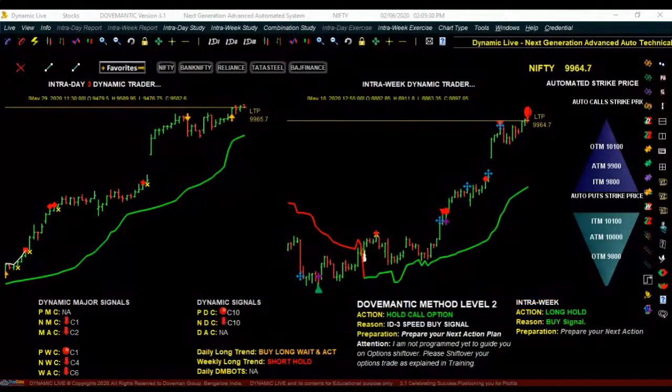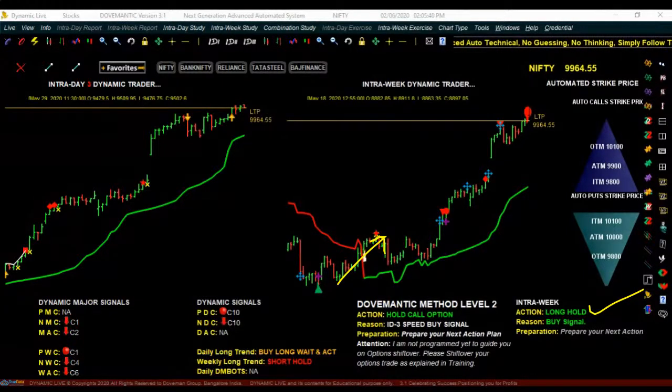But many times when the price is increasing, and it feels that there is a trap, there is a manipulation, then here it will be written as buy signal, wait and buy. It means a buy signal has come, but please wait, don't buy this, because it feels that this is a trap, the price may not go up. Similarly, when the price is decreasing and it feels that this is a trap, then here it will be written as sell signal, wait and sell. So when you read it, you will easily be able to understand whether you are supposed to do this trade or not. Got it? That is a benefit.